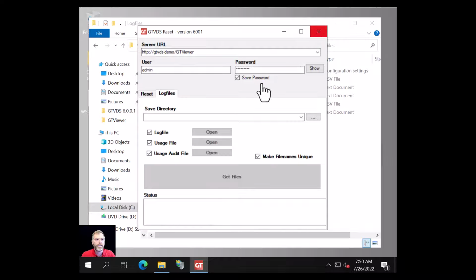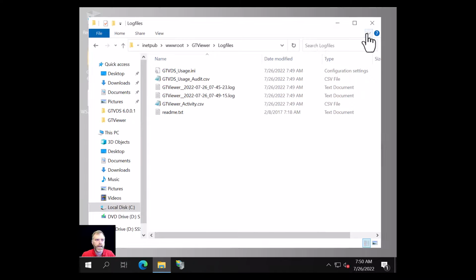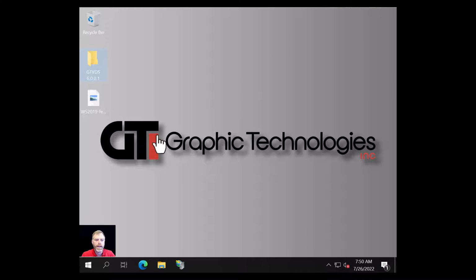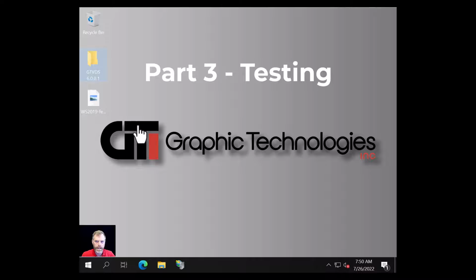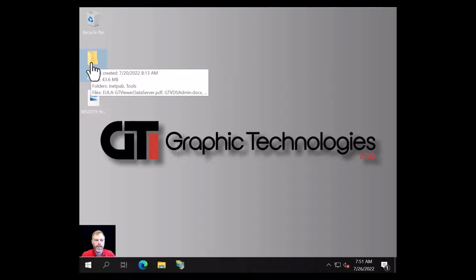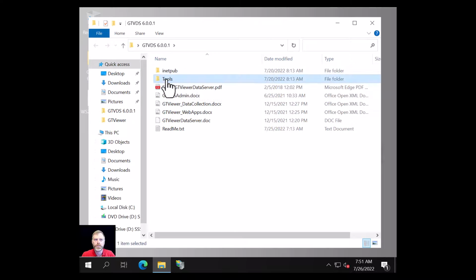Now, everything looked good on our reset, and I believe everything is ready to go, and we can verify that your users can download data. Now, how do you do that? Well, you could use a device running GTViewer for iOS or Android and connect to this server and download the data. But if you're like me, sitting at a server and you don't have the device handy, you can go to your tools directory.